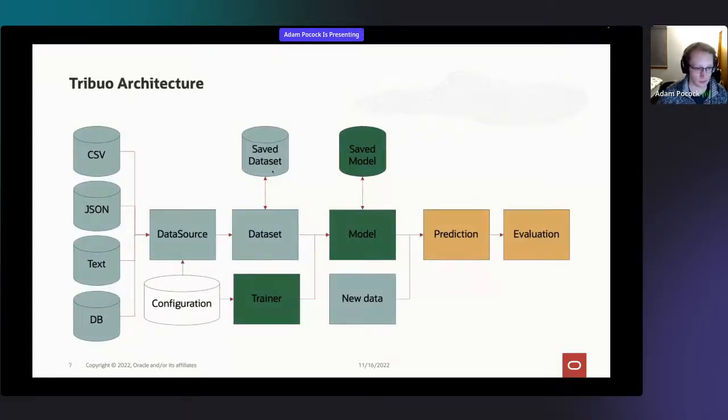So this is a rough overview of the architecture, which I'm only going to go through because it makes the code examples in a few more slides slightly more comprehensible. So we support a bunch of input formats. You can read things in CSV or JSON, or text, or from a database. Basically anything that comes in a columnar format, you can write a processor, and we have a lot of support for writing that. We expose a few, but obviously there are more formats than we have developed interfaces for, but you can add them.